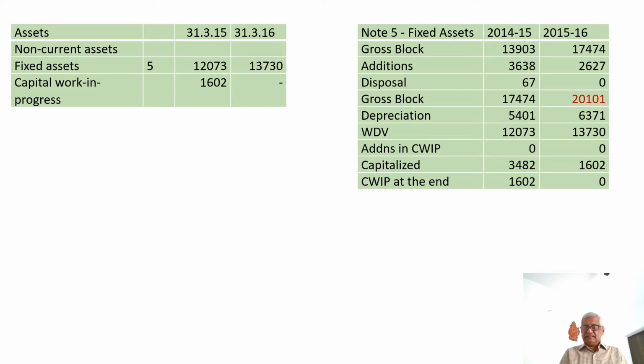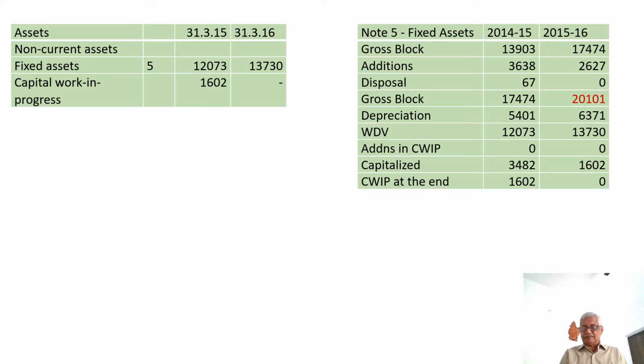Thus, the gross block, the closing value of the fixed assets investment, increased from 174.74 crore to 201.01 crores. So we need to understand the sources of fund from where the company could raise funds to make